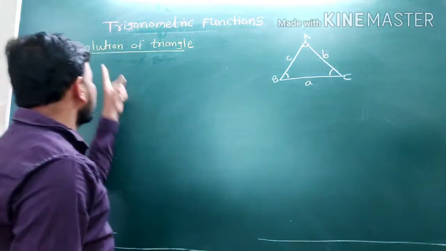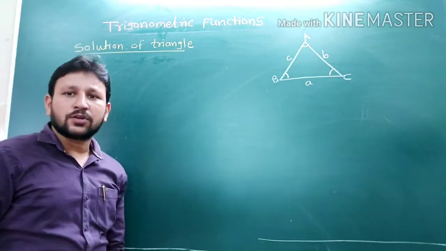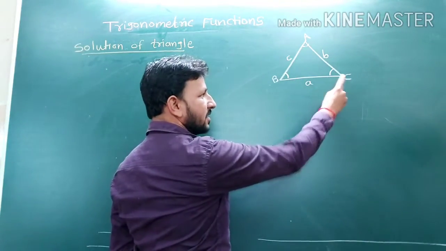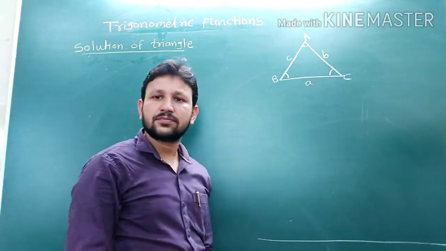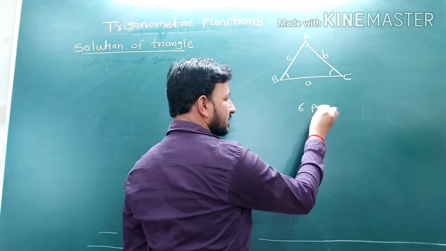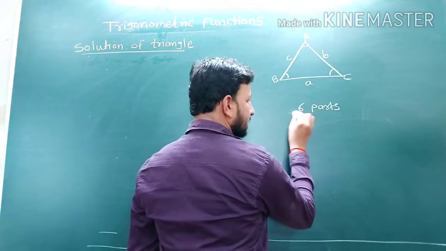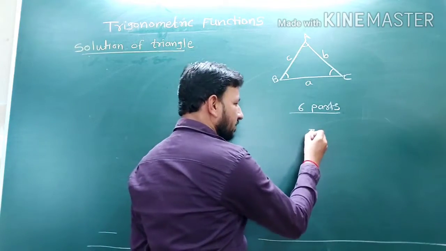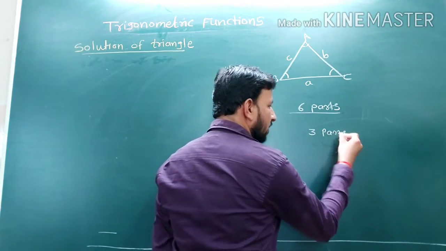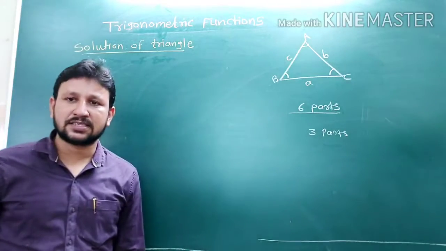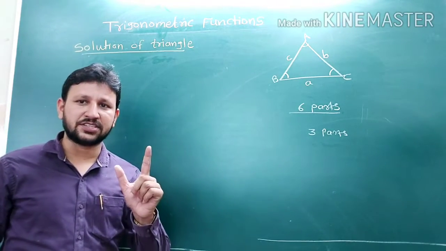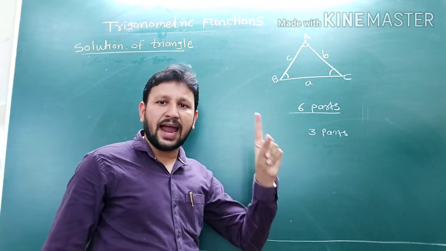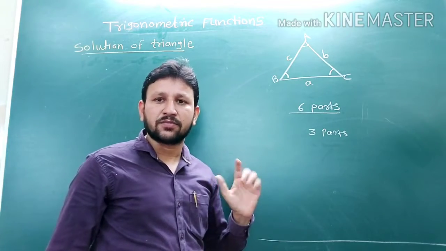The concept here is the solution of a triangle. The triangle has a total of 6 parts, that is, 3 angles and 3 sides. Out of these 6 parts, 3 parts will be given, and you have to find the remaining 3 parts. But one more condition is that the 3 given parts must contain at least one side,